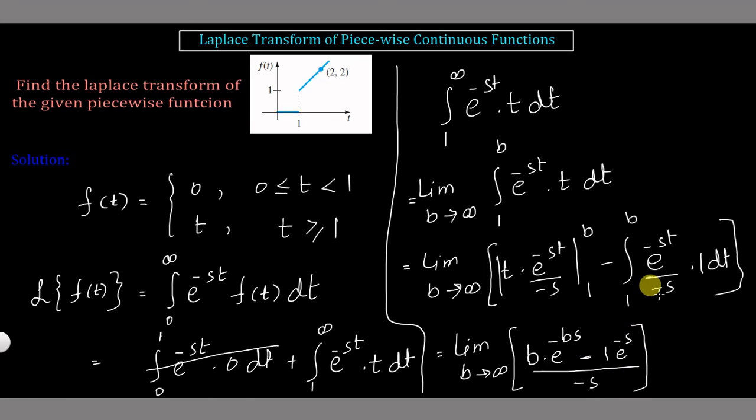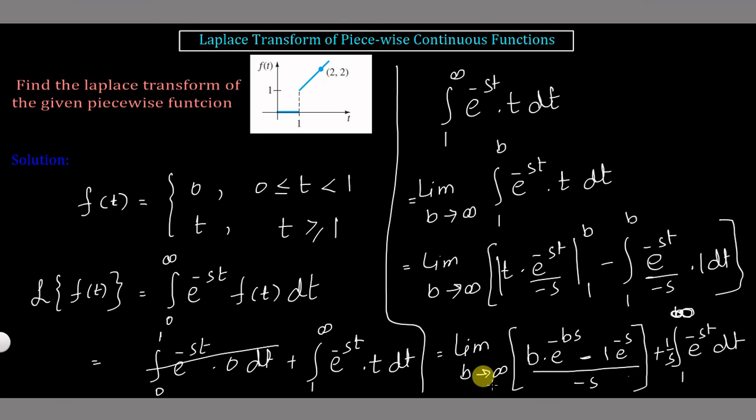will be closed and this minus will be plus, and we have 1 over s, which is also out of the integral, and we have e raised to the power minus st dt. This limit is also for this particular integral, or if you want to remove the limit from this integral, then you can replace this b with infinity. In this way there is no need to use the limiting value